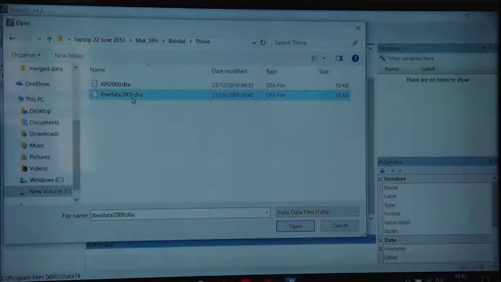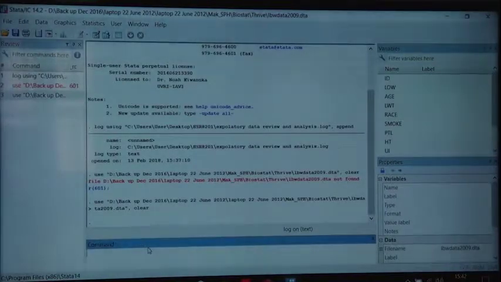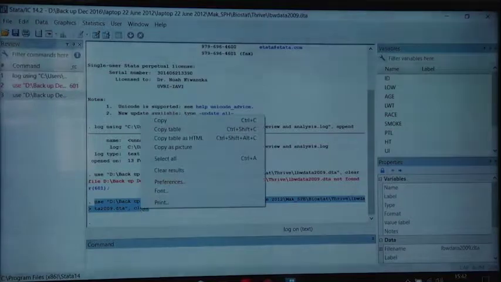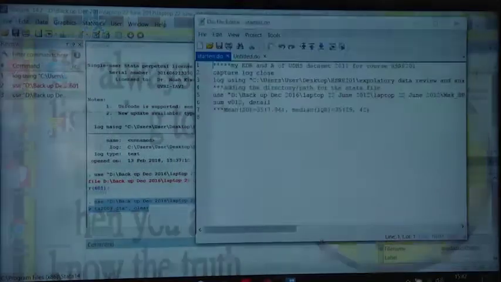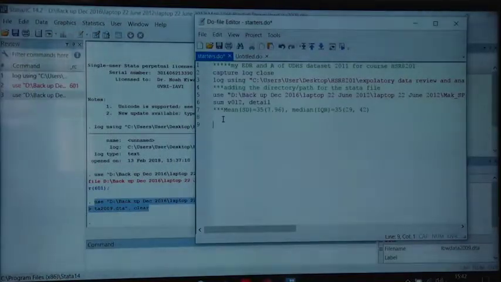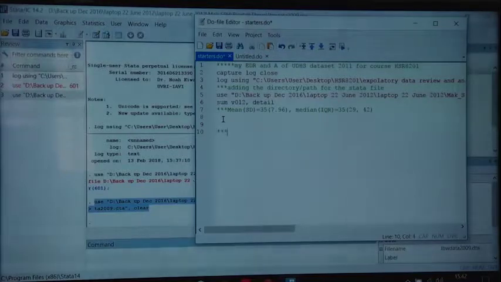Yeah, it's right here. So we double click, and you see it gives the path, and it goes all the way. Remember that we now are using a different file. So in our log file, it is there. That file we've opened, the log is already indicating the file we are using, but the do file does not indicate it. So we copy it and take it into our do file, and we can even annotate it and say a typical data analysis